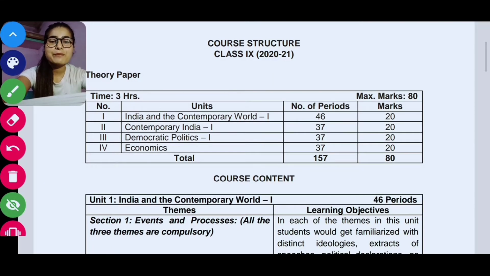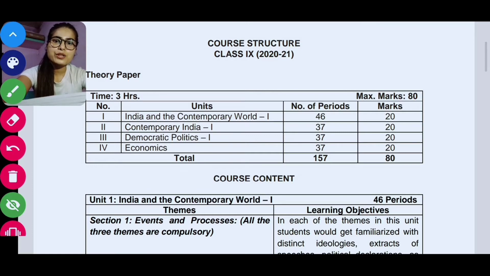So today I have made this video for showing you the reduced syllabus of class 9 and class 11. As I am making videos for class 9 and 11, I am showing you the reduced syllabus, as some of the students have asked me what the new syllabus is, as some chapters and some units from business studies and also from social science are omitted. So let's see the new syllabus.